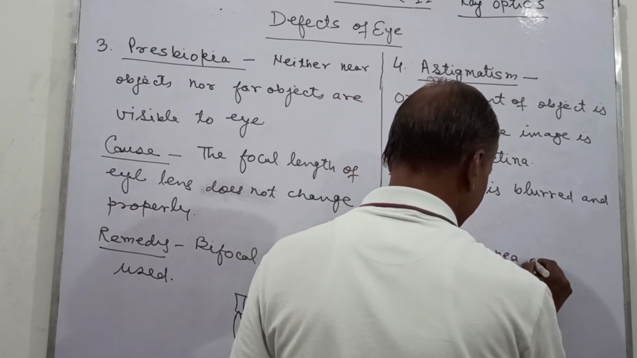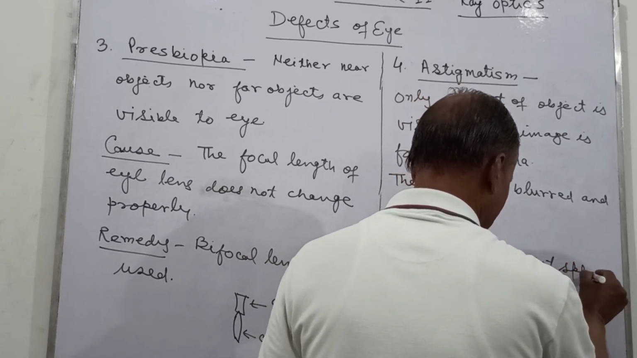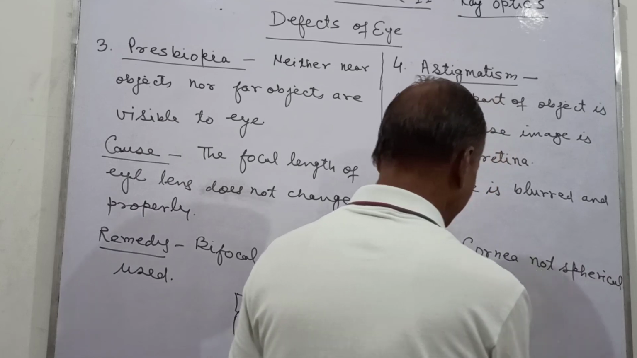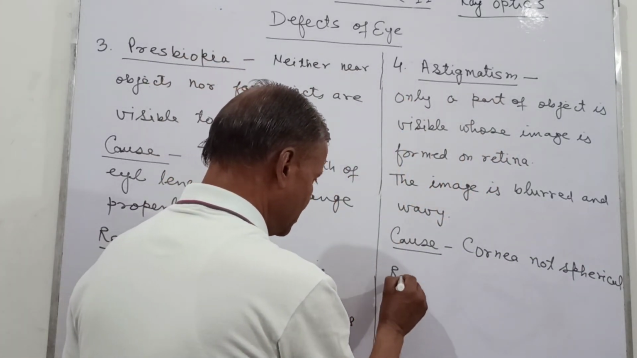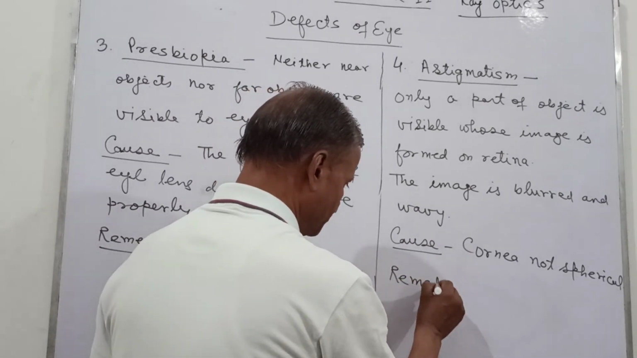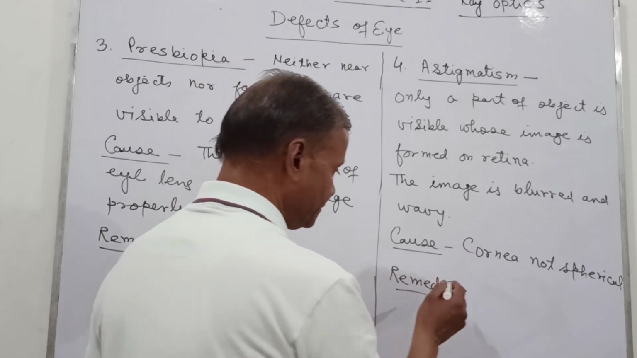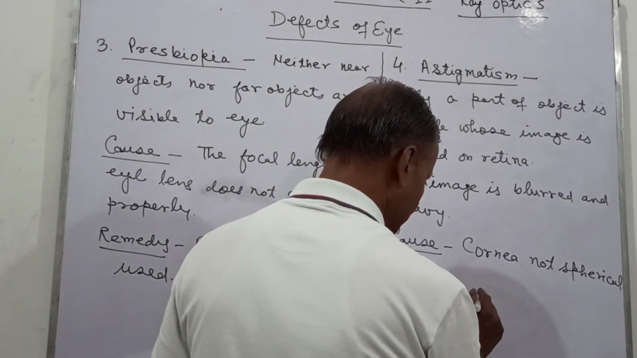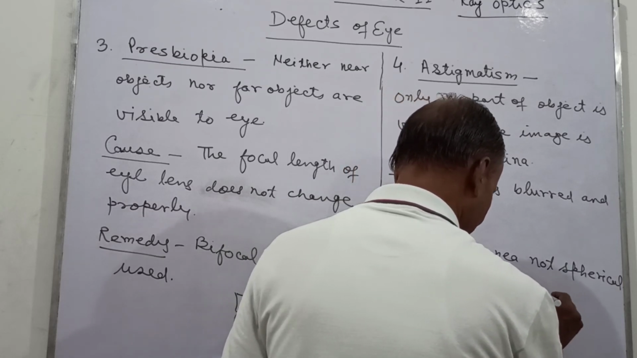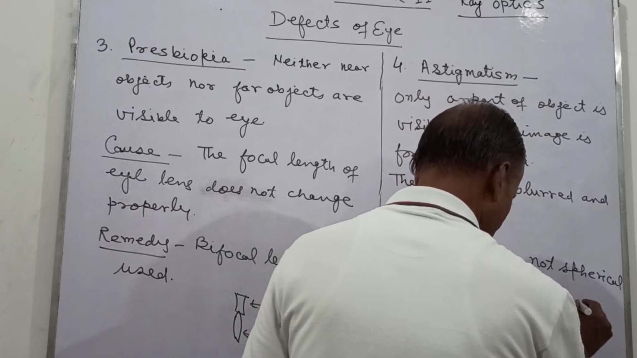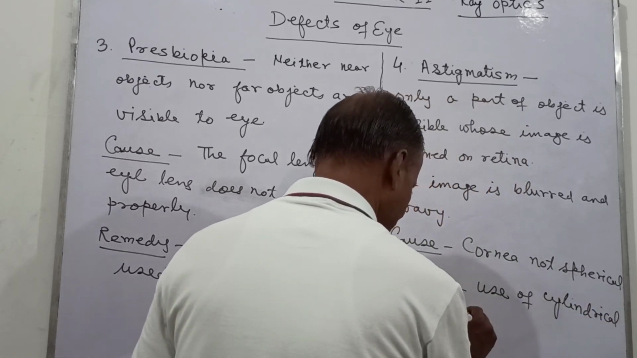Cornea not spherical. जब ऐसा होता है तो ये एस्टिग्मेटिज्म आ जाता है। तो इसकी रेमेडी क्या है? रेमेडी। सो फॉर दैट वी यूज ए सिलिंड्रिकल लेंस। यूज ऑफ सिलिंड्रिकल लेंस।